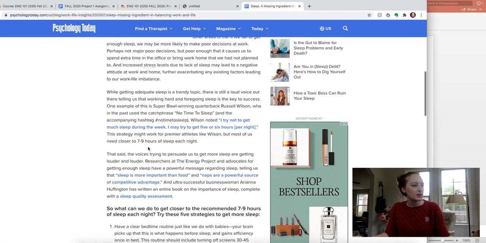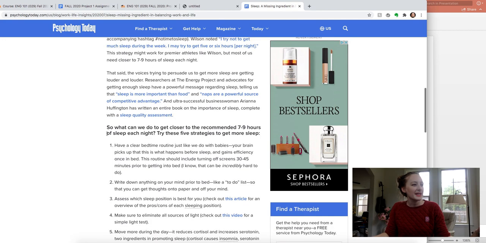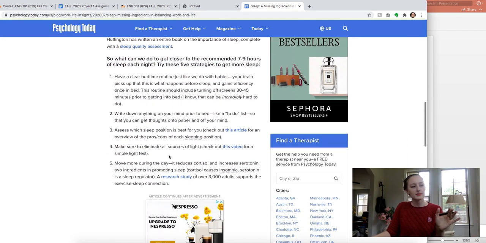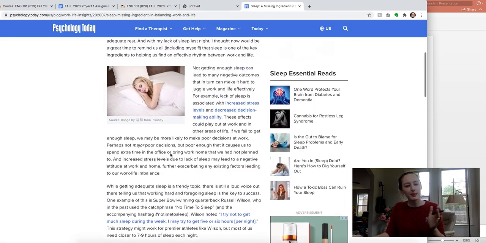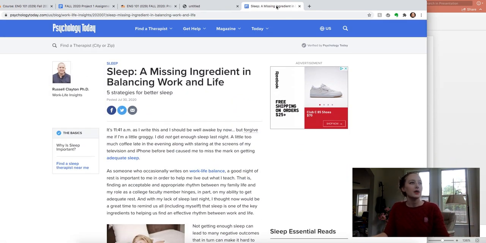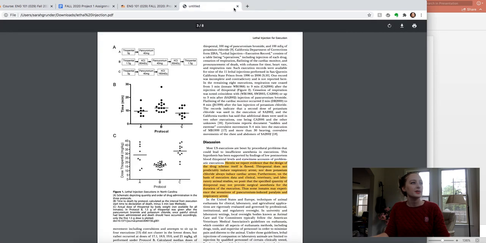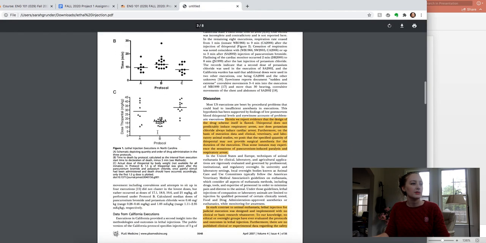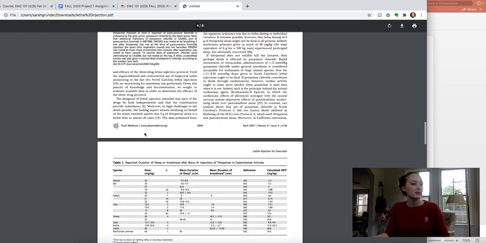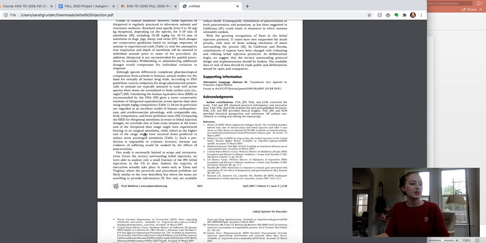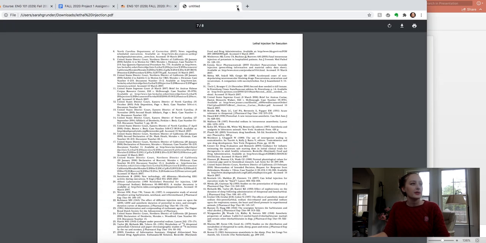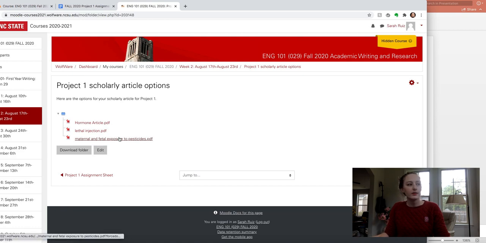Quote that will take you to an article somewhere else. And then here it's giving you something actionable, like here's 5 strategies to get more sleep. So just notice how different the popular articles are from scholarly articles. So just wanted to show you that. Also, I have no idea what this chart means, or that. Lots of pictures, but here's scholarly. And then let's just take a peek at the other one.